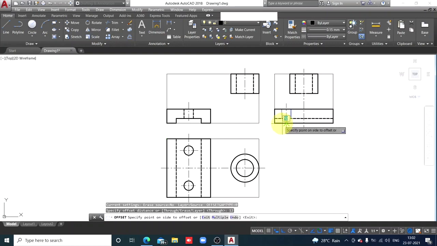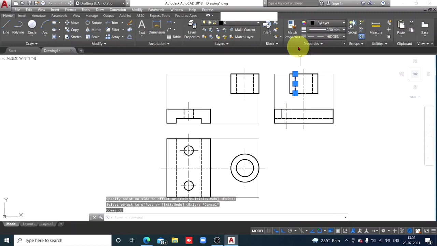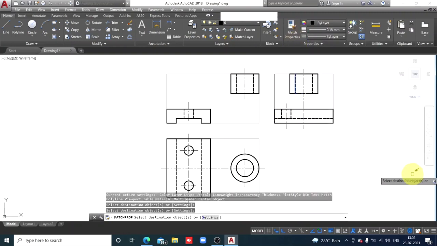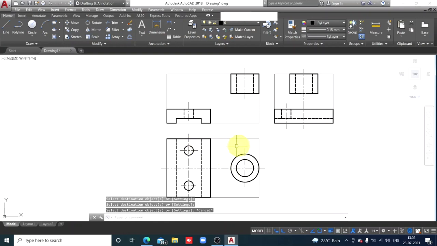Enter. And on the right side click it. Check here, at distance 12 millimeter I got the line, and this is that hole. So match property, this is that. Check here, this hole is here and this hole will appear on the front side,